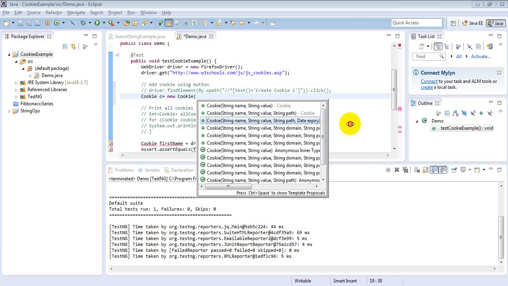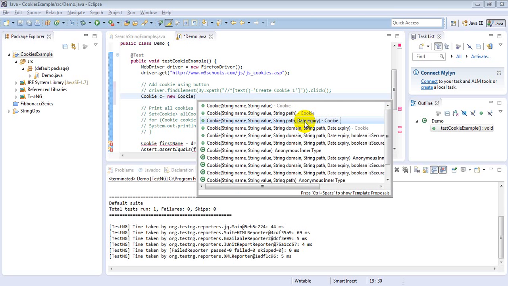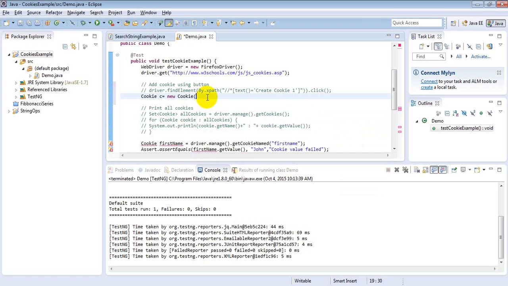Then you can optionally give an expiry date. You can also set the secure parameter. But we are not going to use all these options. Let's use the simple constructor with the name and value. For example, the name of the cookie is first name,